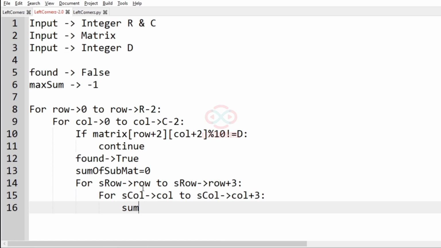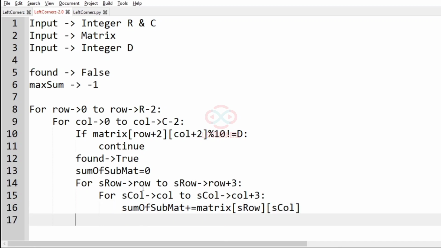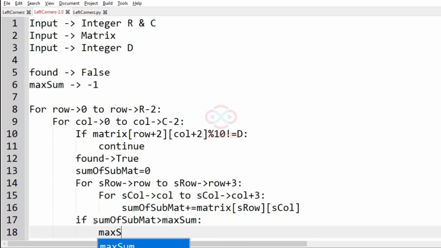Now we have to add the sum. So sum of submat plus equal to matrix of srow scol. Now after adding to the sum of submat, you have to compare it with maxsum. So if sum of submat is greater than maxsum, then maxsum is equal to